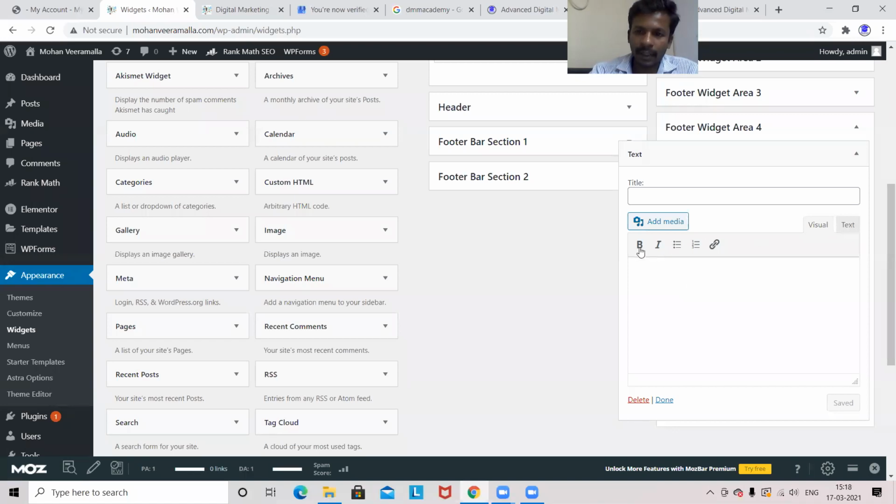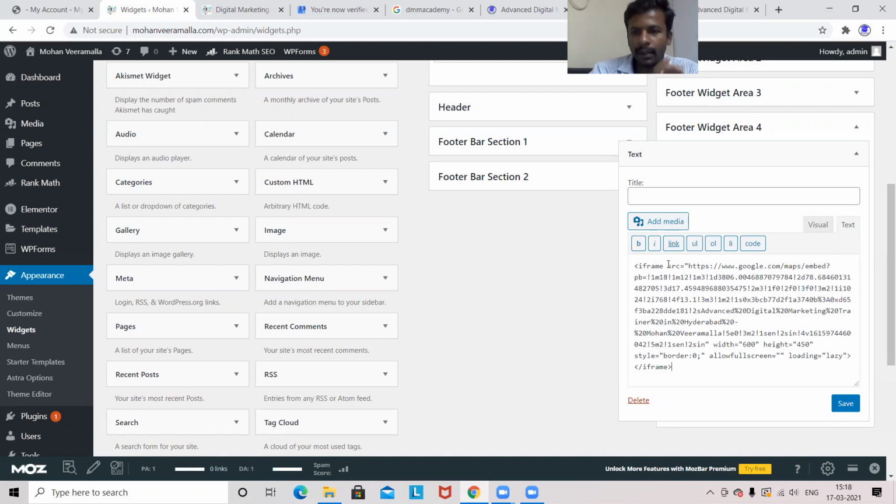See, when I'm in visual, I can see bold, italic, bullet points, numbered lists, and the link. If I go with the text, now I get a different section. These are HTML related code. Why? Because we have taken the source code from Google Maps. Now that is HTML code, so that's why we are changing the format here.